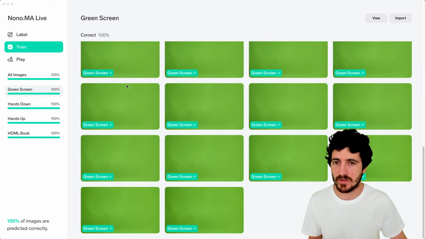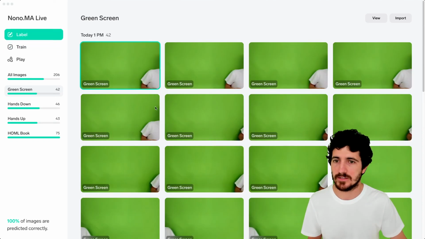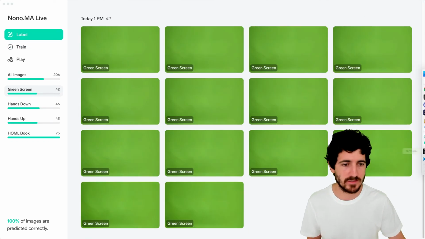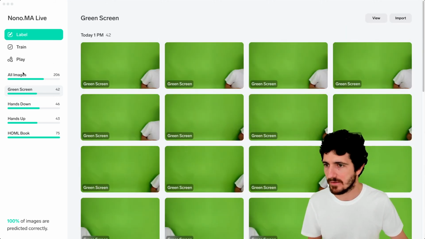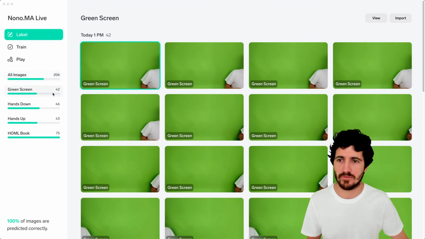I'm going to see, so we have this training set that we've shown before, in which we have the green screen label, but we have all images. So we have green screen,